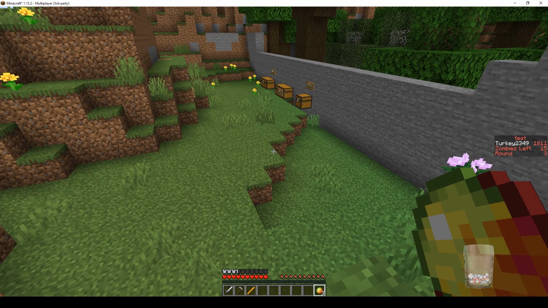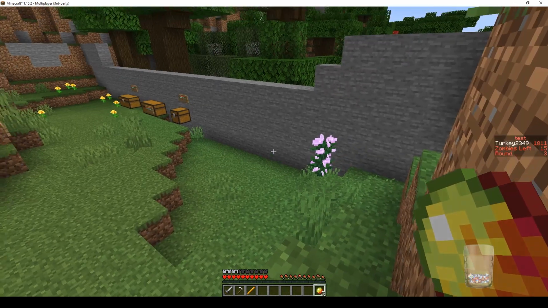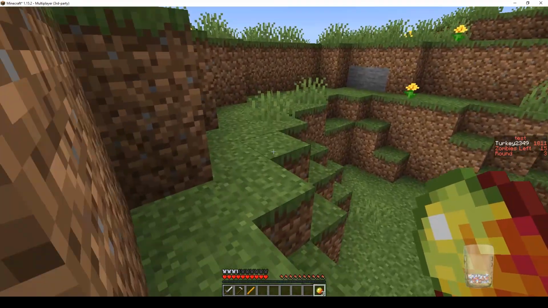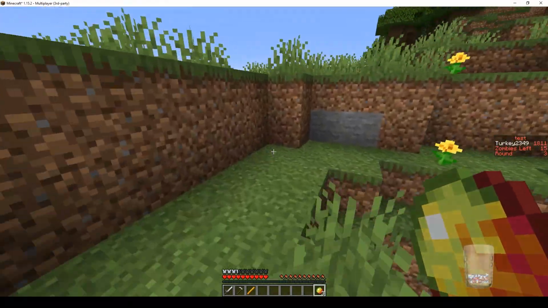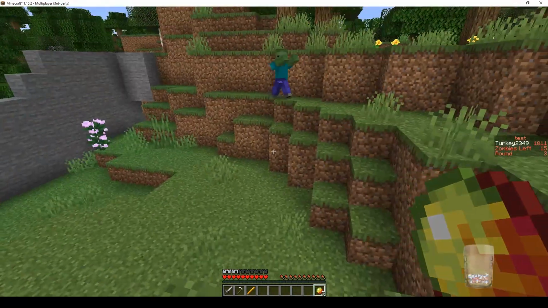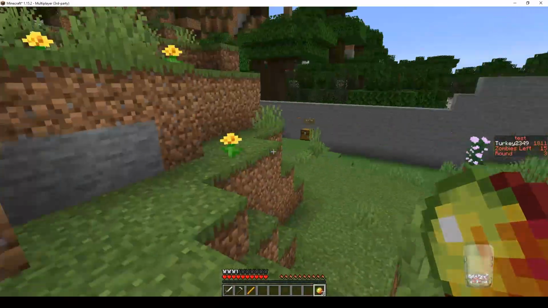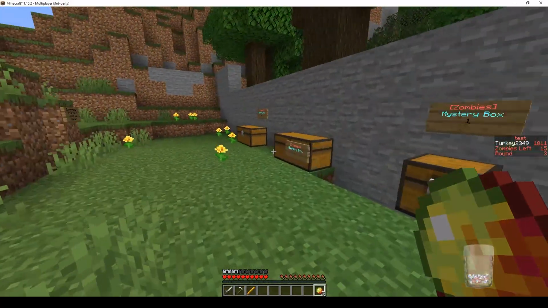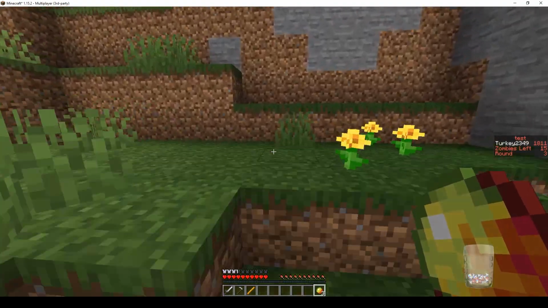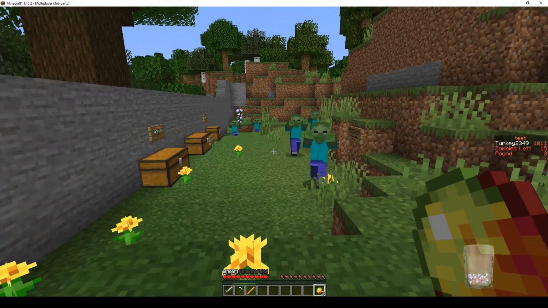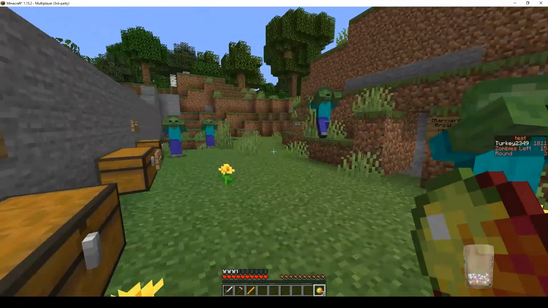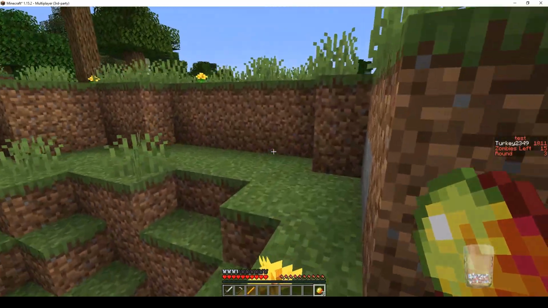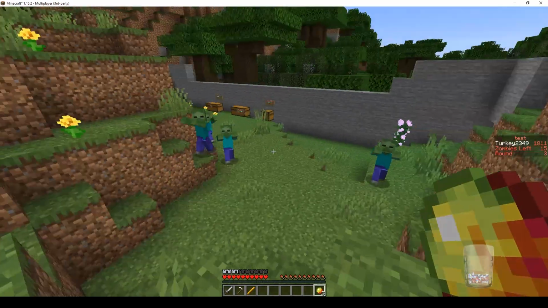Essentially, because of how the game works, you can't have the zombies target an item in entity form, just an item on the ground. The zombies won't target it, with how the code works, you can't do it. But you can make them target an armor stand, which, if you don't know the game at all, is just an entity that doesn't really do anything. You can hold armor on it, and it just stands there. It doesn't really look like an entity, but for the sake of this, I can make them target that.